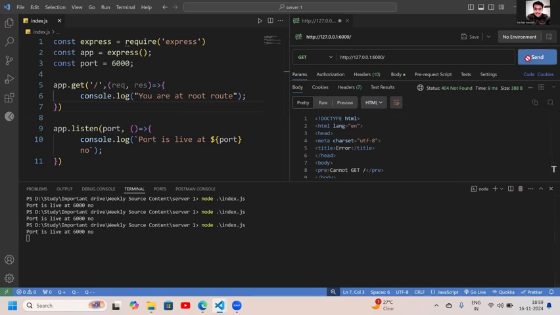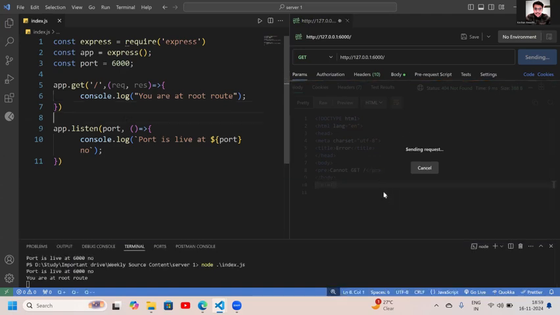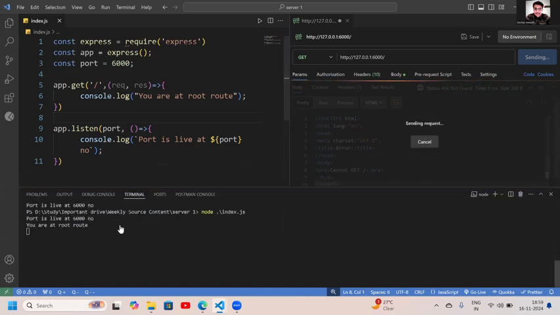अब मैं यहाँ पे रिक्वेस्ट सेंड करूँ, तो वेट अ मिनट, इसको डाउन कर दें। तो स्लैश डॉट गेट, रिक्वेस्ट सेंडिंग रिक्वेस्ट। सो हियर यू कैन सी, सेंडिंग रिक्वेस्ट करी तो उसने स्लैश हिट किया, और मेरी लाइन का जो आउटपुट है वो रन हो जाना चाहिए, यू आर एट रूट राउट। तो यहाँ पे देखो यू आर एट रूट राउट कंसोल पे प्रिंट हो गया, ठीक है।